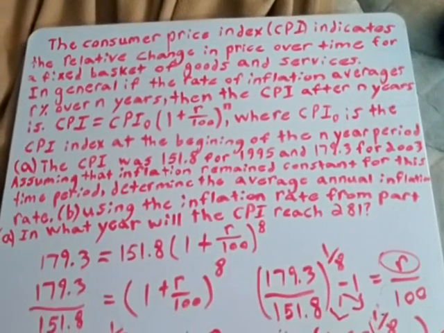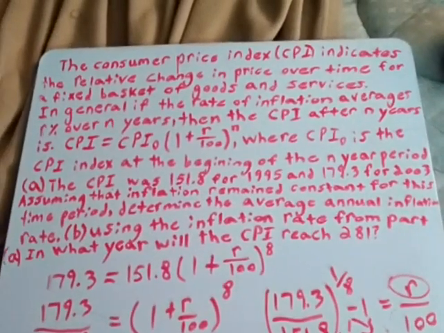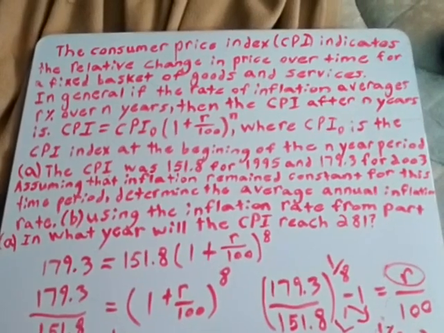Okay, another question on the financial models practice. Here's a question. The consumer price index indicates the relative change in price over time for a fixed basket